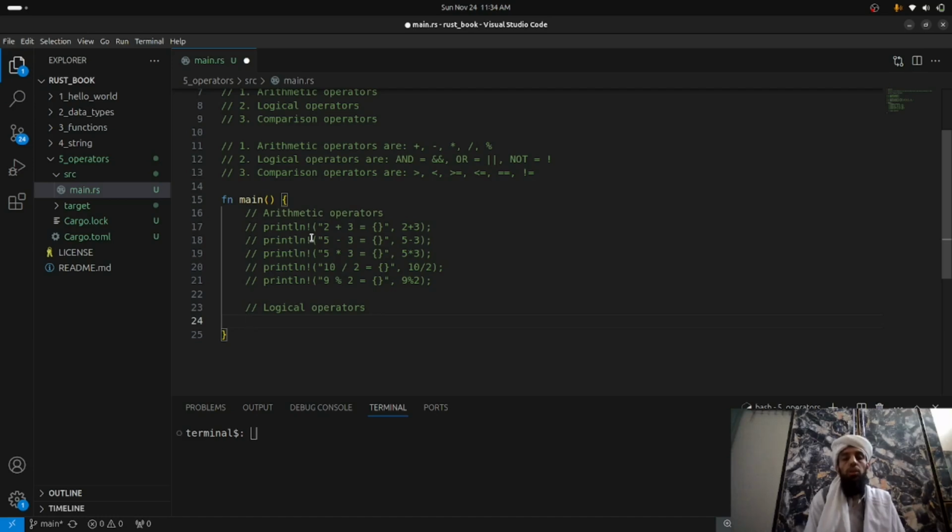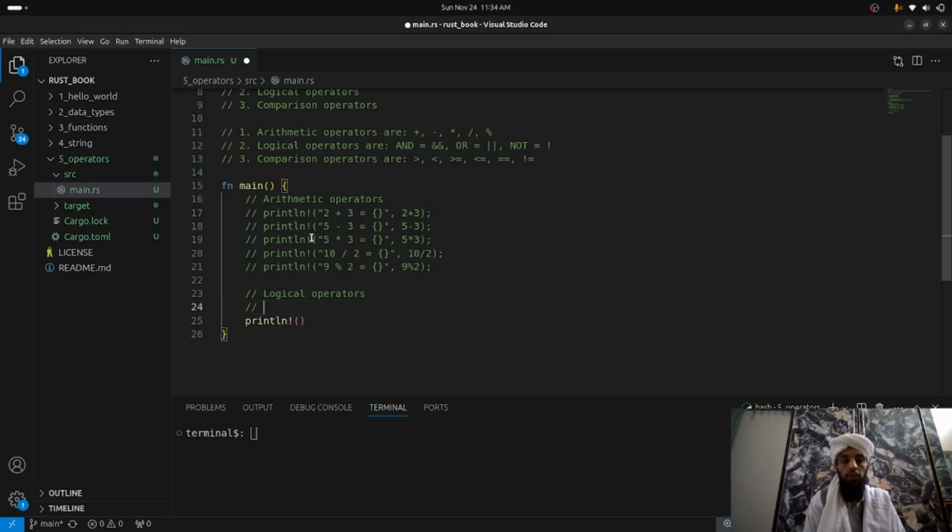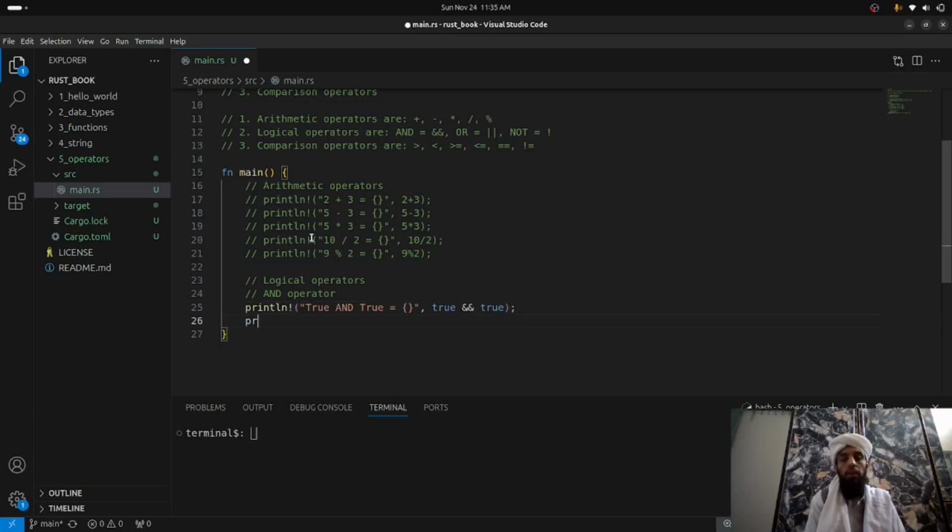For the logical operators, what you need to do is take a look at them one by one. First of all, I will cover the AND operator. AND operator: true and true is equal to this one, that is basically true and true. After that, print line